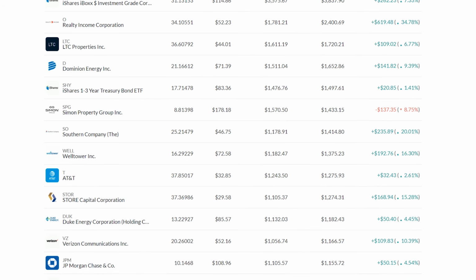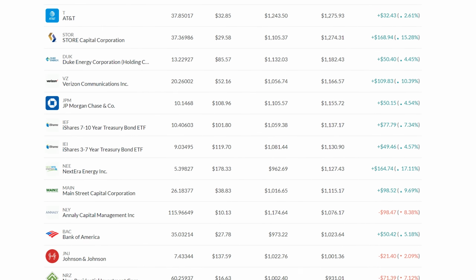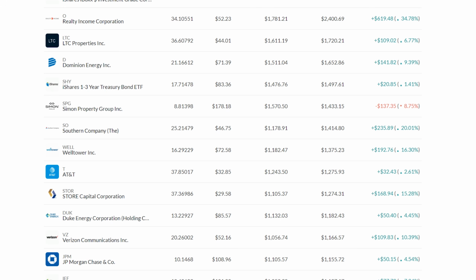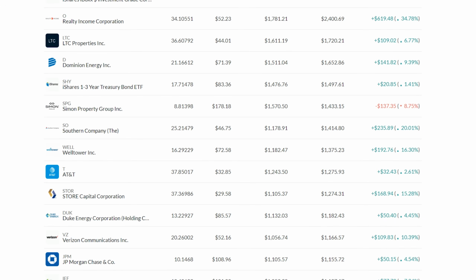Now, I really do view my companies that way. I look at all my holdings. All of these pay me back capital residually. Most of them pay quarterly dividends. Some of these holdings like LQD, they pay monthly interest. Either way, every single one of these returns capital to me on a residual basis. And that's exactly what I'm looking for in this portfolio.